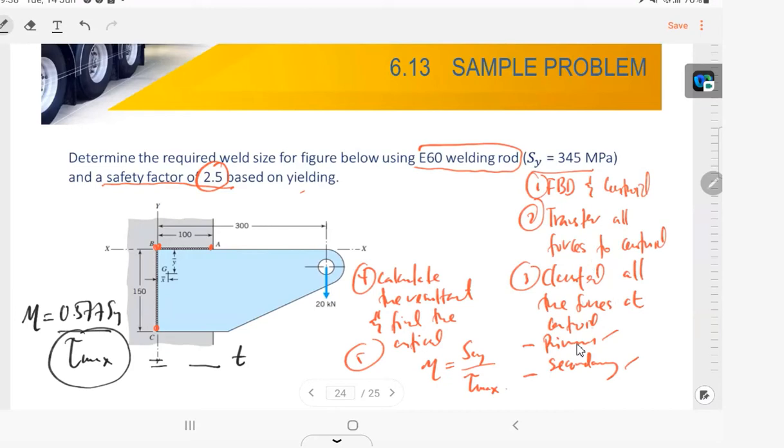classify all the forces: central, primary and secondary. This one you need to calculate the primary. So for the primary, you identify whether it is shear or axial there. So for the axial and shear, you need to calculate the area. Okay, the area. So the area you need to